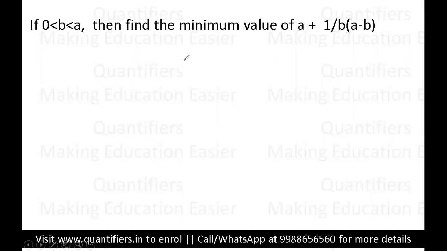See, first of all, students, all of you should be aware of the basics of AM and GM, right? AM means arithmetic mean and GM means geometric mean. Now, arithmetic mean will always be greater than or equal to geometric mean, right? Now, those who don't know, let me quickly tell you. AM is nothing but just the average, okay? For example, if I take 3 terms, the arithmetic mean is nothing but the average. So if I take the average of all these 3 terms, I'll get A1 plus A2 plus A3 divided by 3.